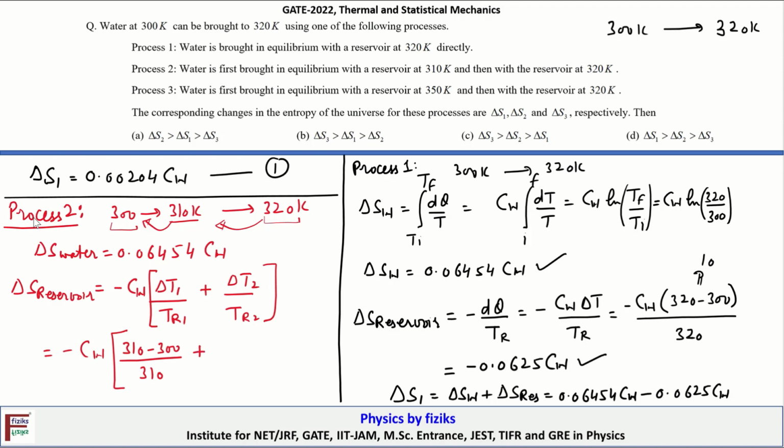Okay, plus now the second term, when the temperature of the water has reached 310 Kelvin and it's placed in contact with the reservoir at 320 Kelvin. So the corresponding delta T will be 320 minus 310 upon 320. Okay, and after solving this, we will obtain, so this is equal to minus